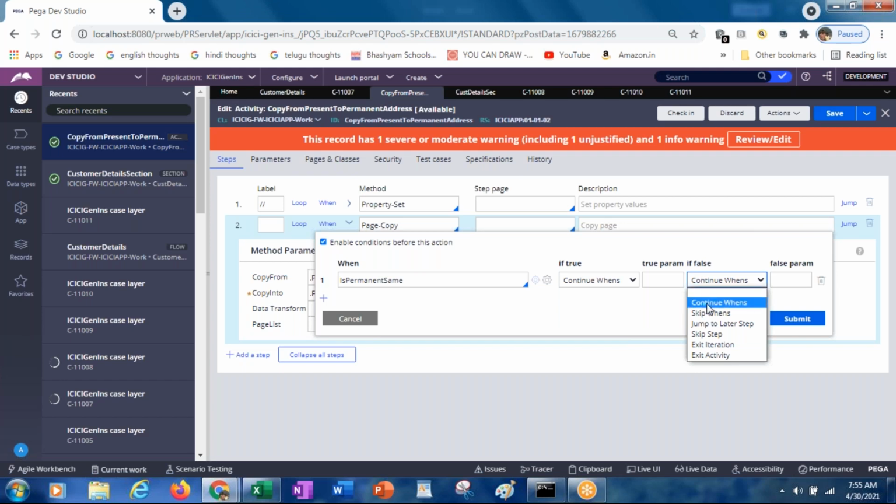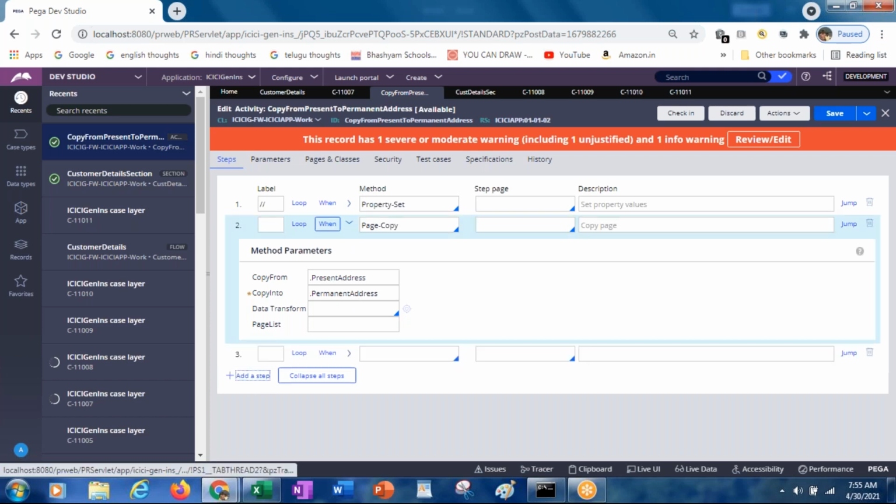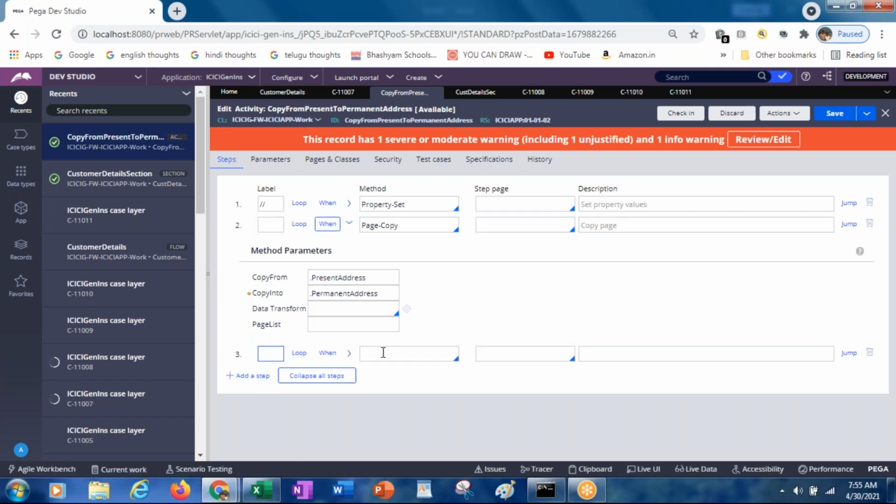Here you have various options: continuance, skip when, jump to later step, skip step, exit this iteration, exit activity. If you want to stop the activity execution completely, you can do exit activity. Otherwise you can just skip the current step. I want to skip this step, so this step should not be executed. After this, add another step.